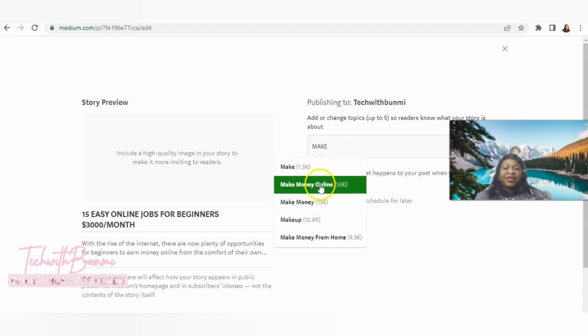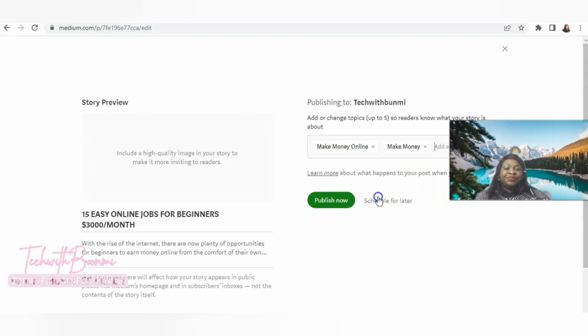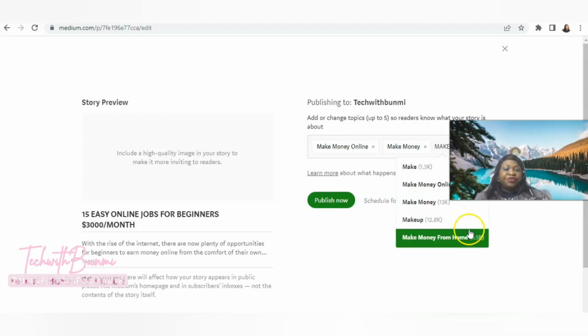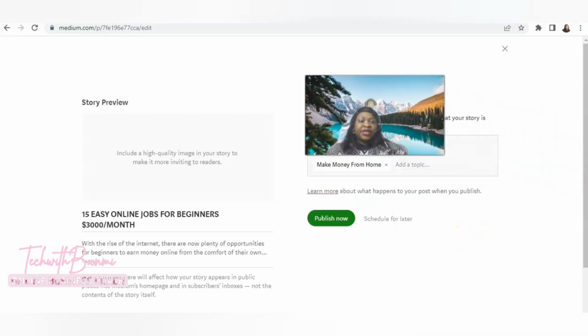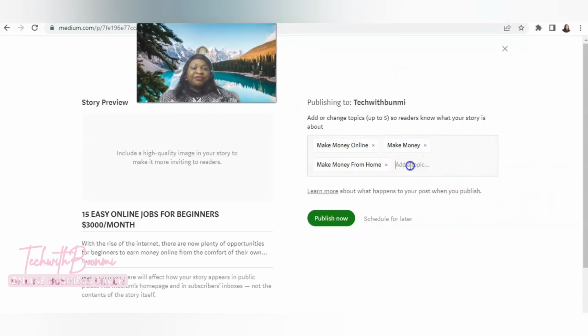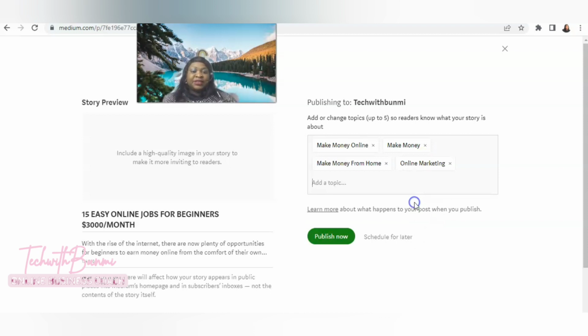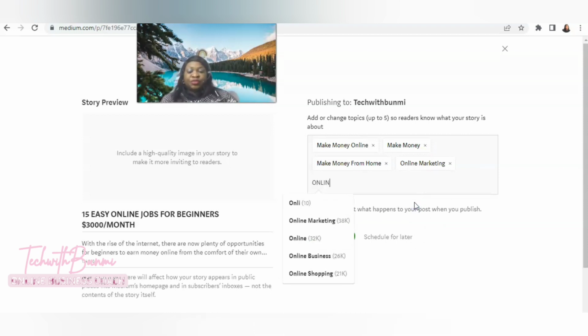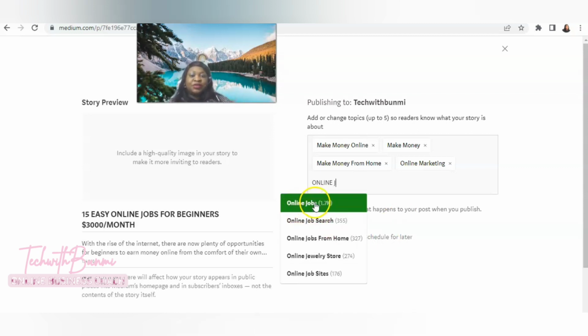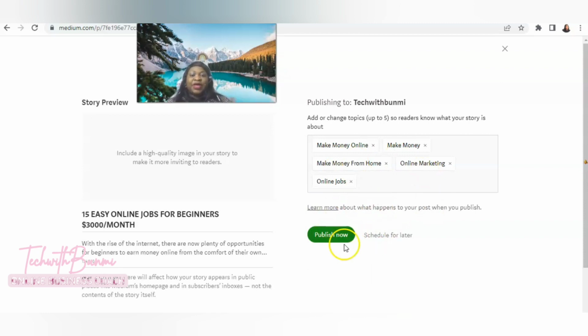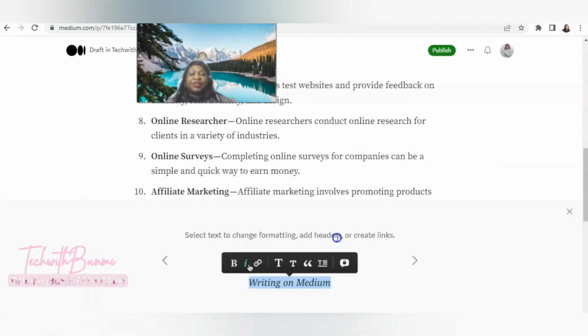As you can see, it's giving me ideas: make money from home, online jobs, online marketing. I think we are okay, and we'll just publish now.